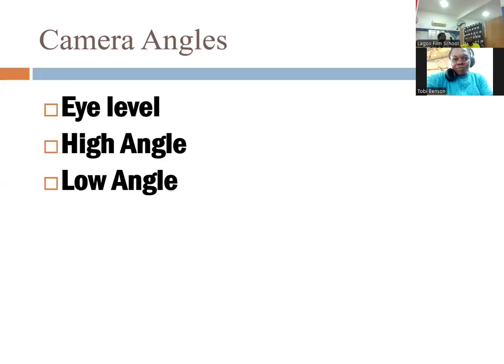When you put your camera here, draw an imaginary line and make sure you don't cross that line with the other camera. If you do, you will confuse your audience. Meaning, you shoot one here, and 180. Shoot the close-up for one here. You now come to shoot the other close-up from here.